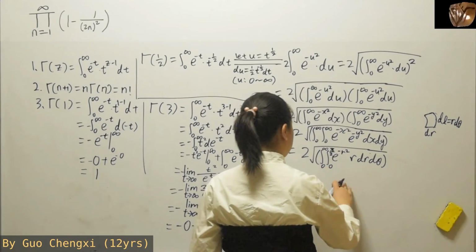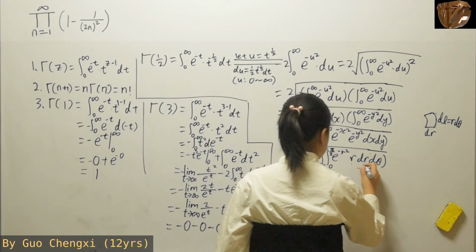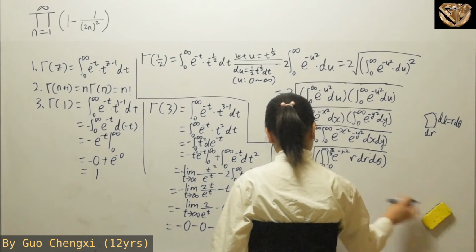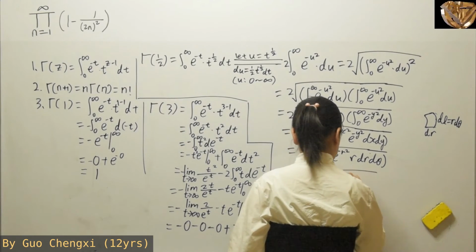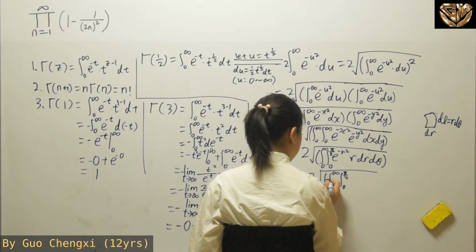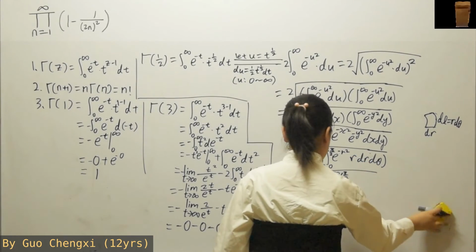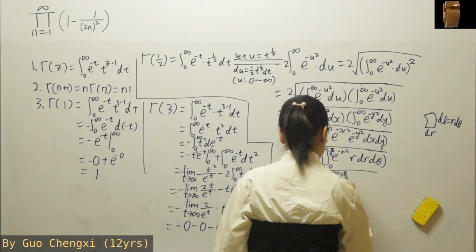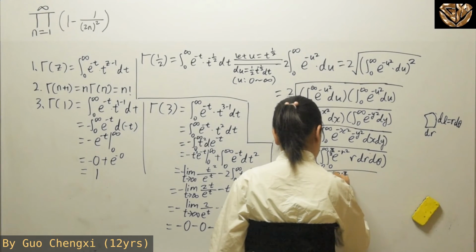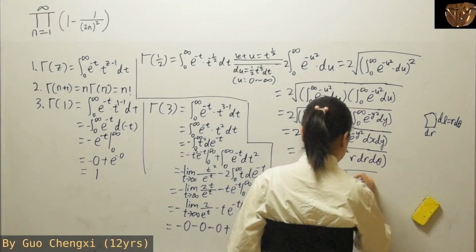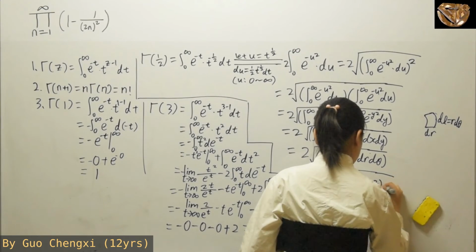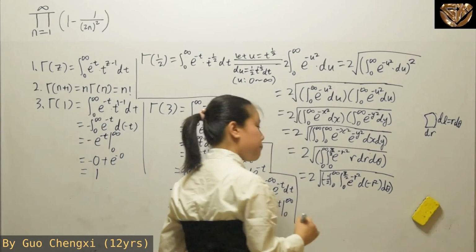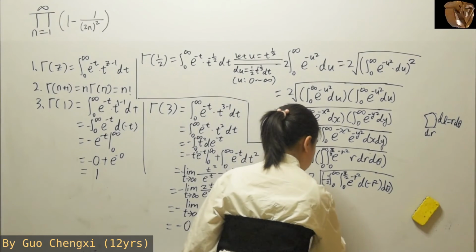And now all we have to do is to put this in, and you also have another negative. So put this in, you have a half and a negative, okay? So you have a negative half over here, and e to the power of negative r squared, d of negative r squared, and here you have d theta. Okay? Alright, so now that you have gotten this, what we'll have is,